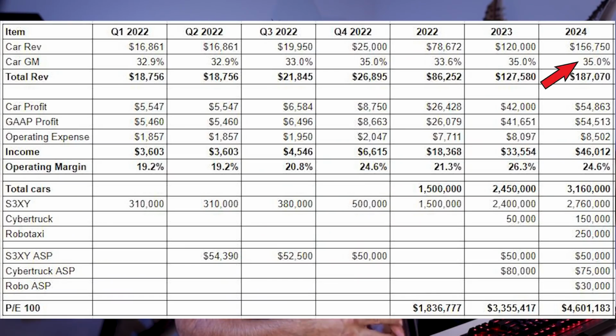And the key thing to remember here is that $30,000 number is probably not including the full revenue potential of full self-driving. And so for this model, I want to remain conservative. So I've only assumed that Tesla is going to be able to make $30,000 per each robotaxi that they make. And so if we retain the same gross margins that we've had in years previous, again, by introducing a higher mix of Cybertruck and continued efficiencies in every single factory that Tesla makes, we land at car revenues of roughly